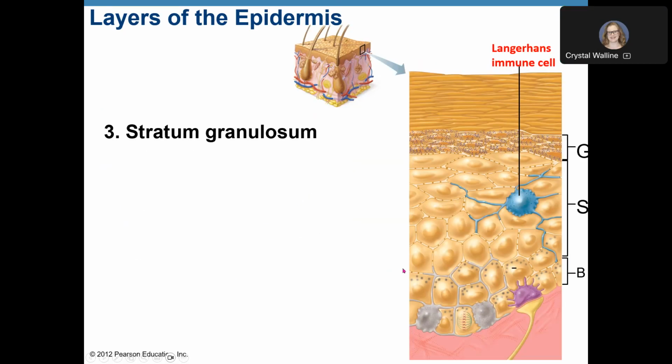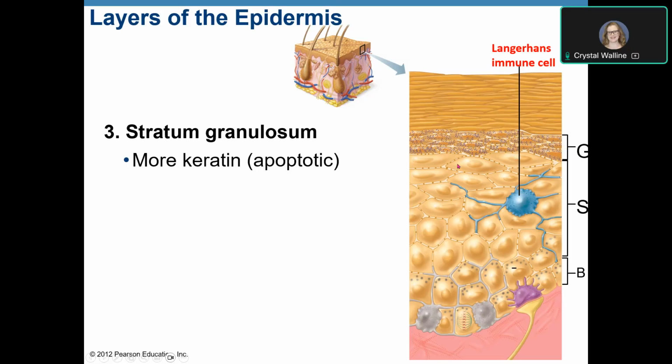Our third layer is the stratum granulosum. Here, the cells of the epidermis are going through apoptosis. This is a controlled, programmed cell death where the organelles,